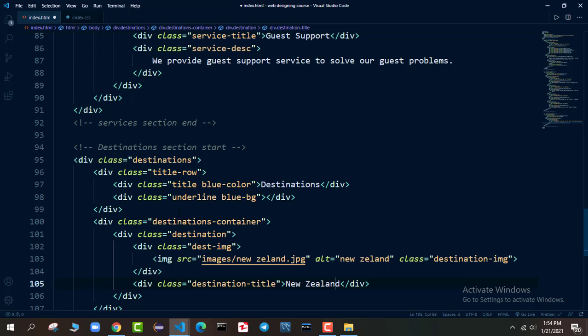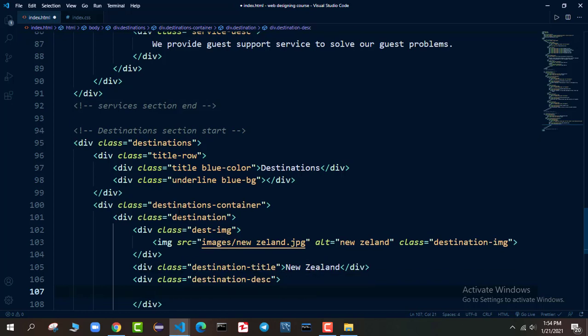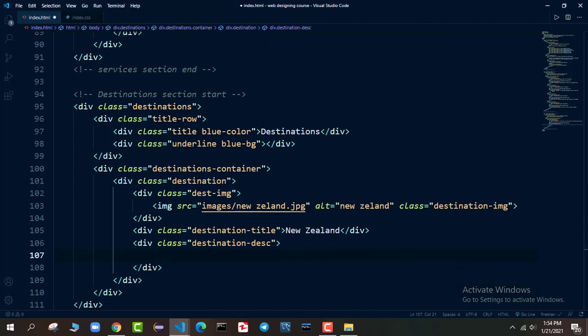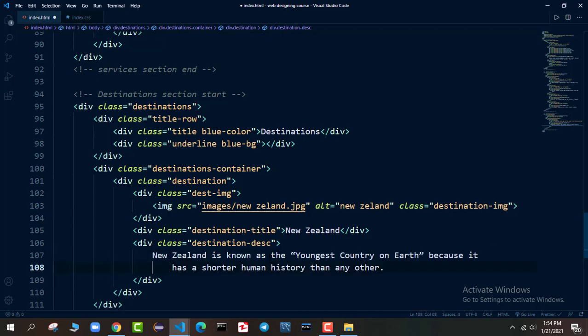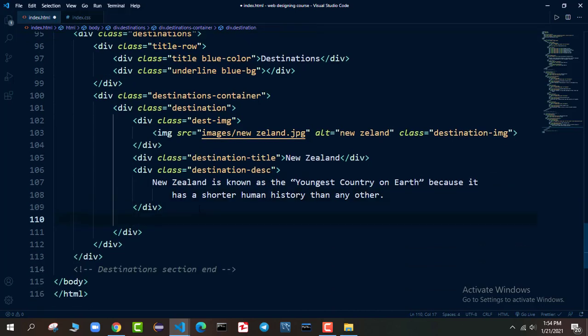After that, we will write the description of this New Zealand country. So we'll say destination description, and let me write the description of New Zealand. Okay, we got the description as well. After that, we will set the price.